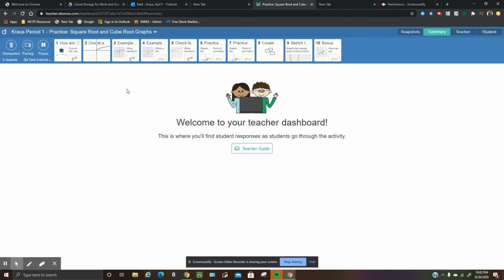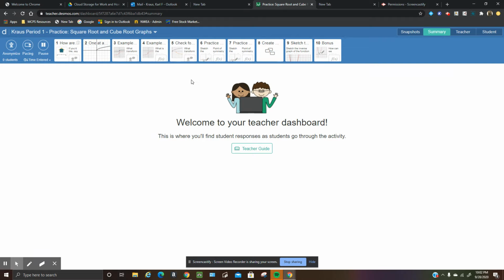All right, this is part two of the square root and cube root graphs. So this is going to be a practice grade here. In order to keep all the classes together, we're going to do this second part here, and then